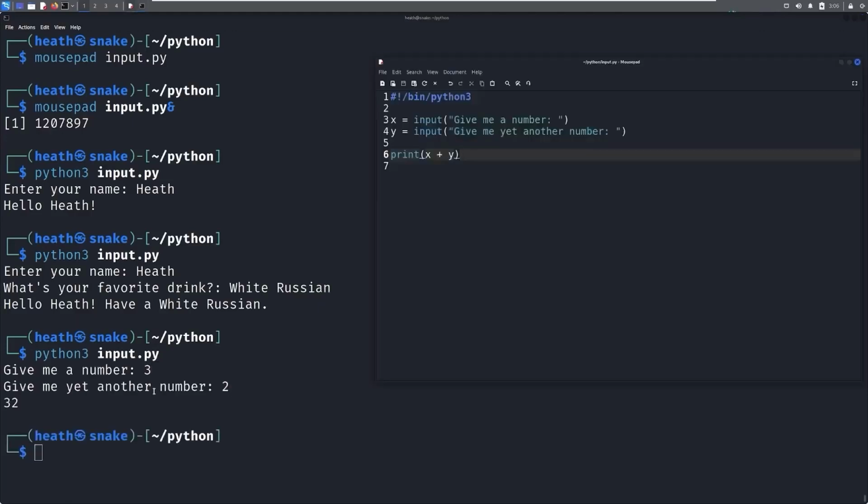And it gave us 32. Why is it doing that? Well, what it's doing is it is taking these and giving this to us as a string. So we need to either do an integer here and put this in an int, or we need to take this as a float. So if we think about this from the past, if we want to only take integers,